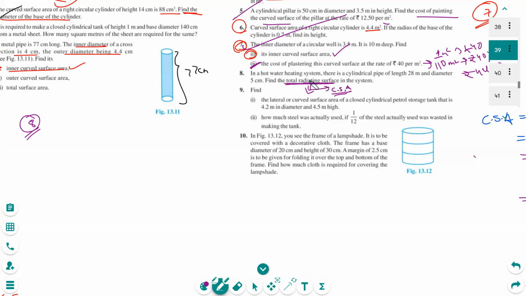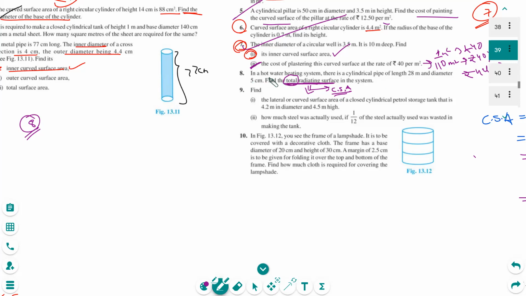It has happened a lot of times. I've taken so many batches. In the exam, they just see this total thing and they calculate total surface area. I don't want you to do this. There's a better way: just write curved surface area in brackets, so that whenever you come across it, you remember that it is actually the curved surface that you need to find.